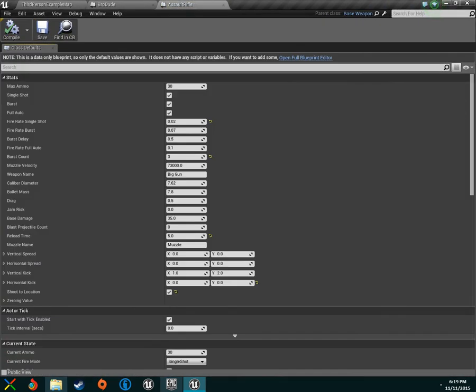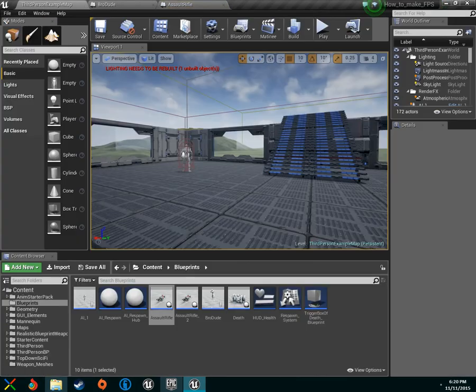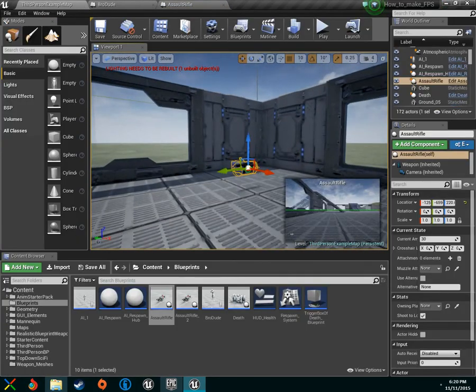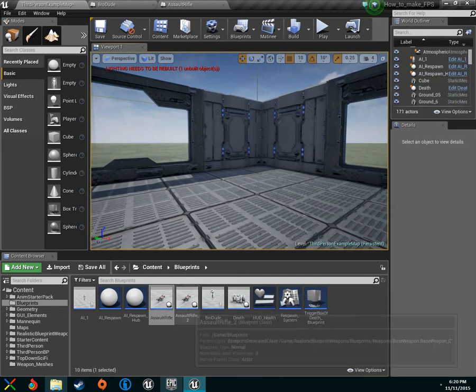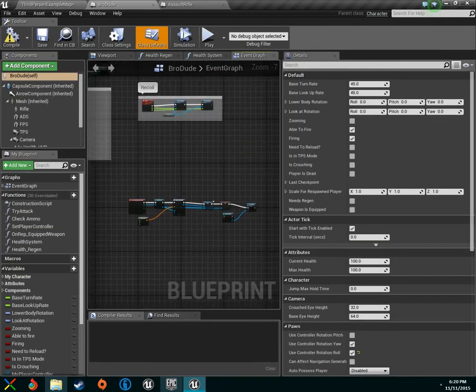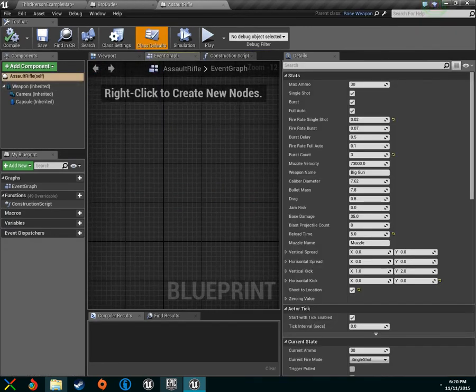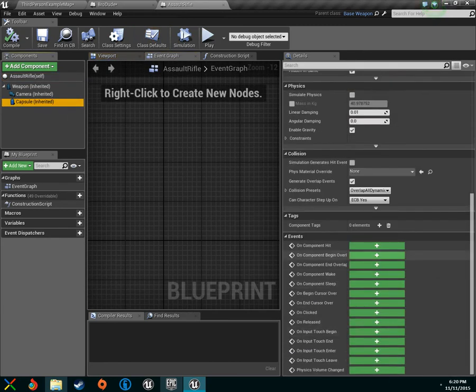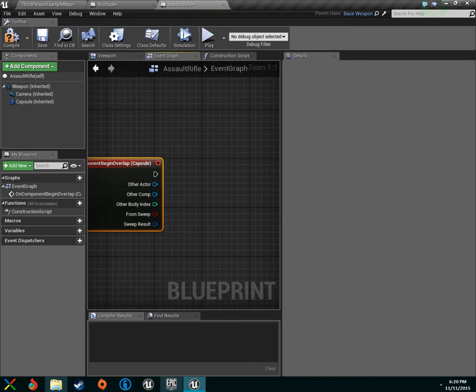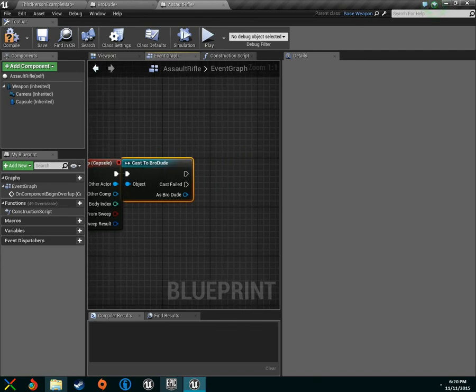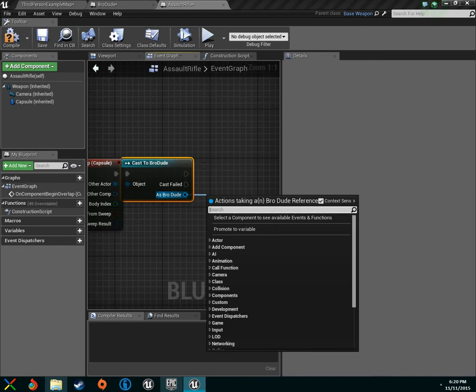And open this guy up actually, and we'll open it in a full blueprint editor. Delete this from our scene. Go here, delete this because this is completely useless. So we're going to get this begin overlap, and then our other actor is going to be, and then so we're going to,